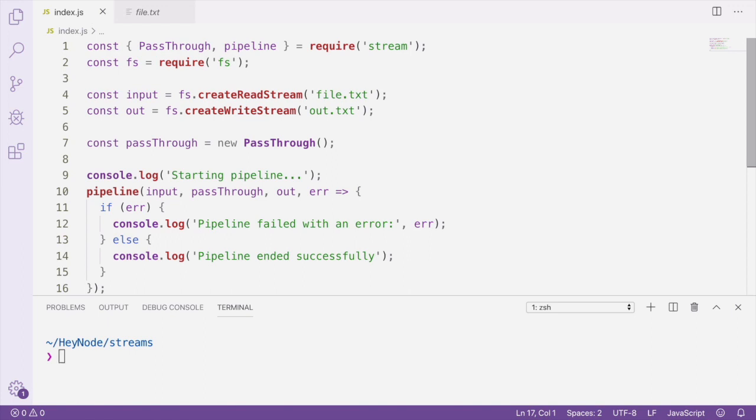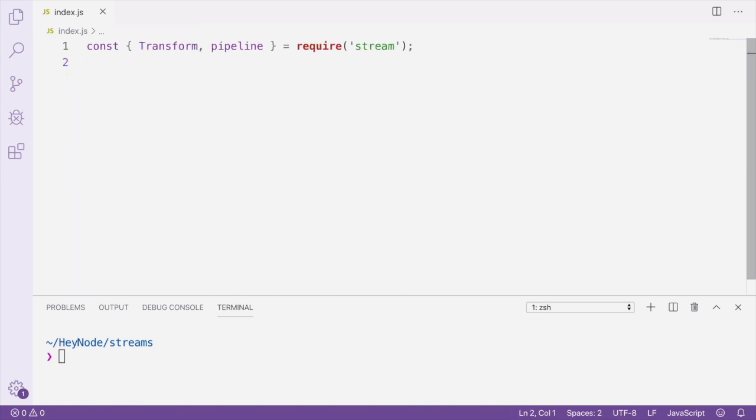Using pipeline simplifies error handling and stream cleanup, and also makes combining streams in complex ways more straightforward. When an error occurs when using pipeline, the streams will be destroyed. Destroying the streams releases their internal resources, freeing up any memory that the stream might have been using. This cleanup step of destroying streams is useful for preventing memory leaks, which can occur when a stream has ended but not released the resources that it was using. When using the basic pipe method, you're responsible for destroying streams yourself when things go wrong, so one of the main reasons to use pipeline as opposed to pipe is to make sure that streams are automatically cleaned up when errors occur.